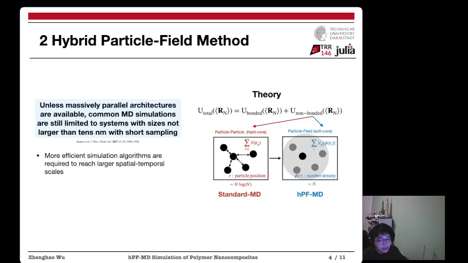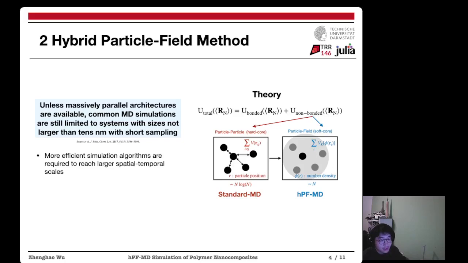However, the non-bonded interactions are completely different between these two methods. For example, in the particle-particle MD simulation, the non-bonded interactions are calculated in a pairwise fashion, which means all pair distances around this target particle need to be looped over and summed up to obtain the total force. With certain advanced techniques, the best computation efficiency can be proportional to the total number of atoms times the logarithm